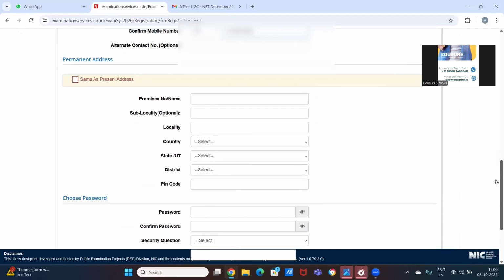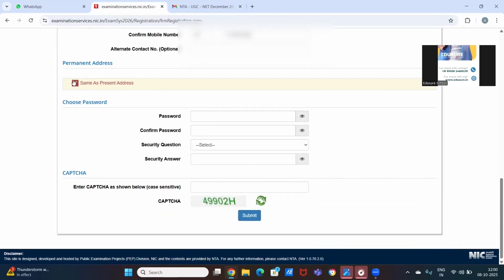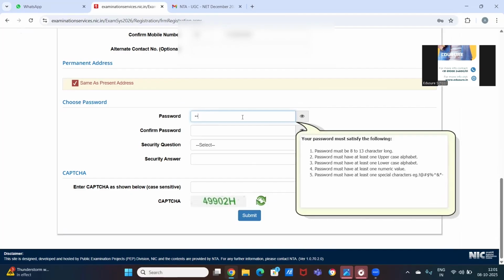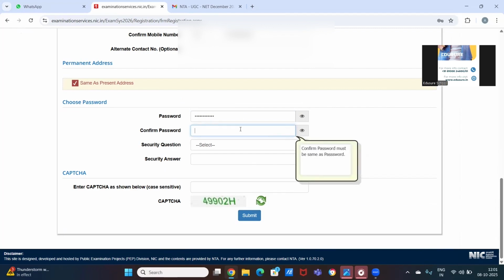And then you have to fill in your permanent address. If it is same as the communication one, you can click this box. And if by any chance it is different, you will have to fill in the details. And then you have to choose a password. Please make sure that you read the instructions very well before choosing the password.